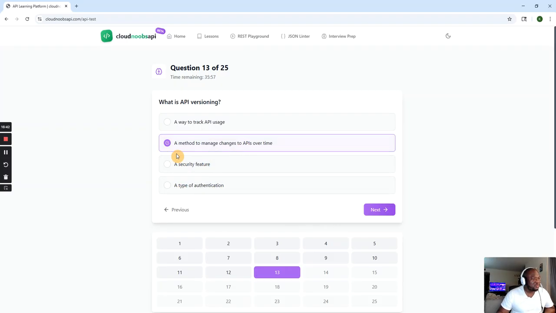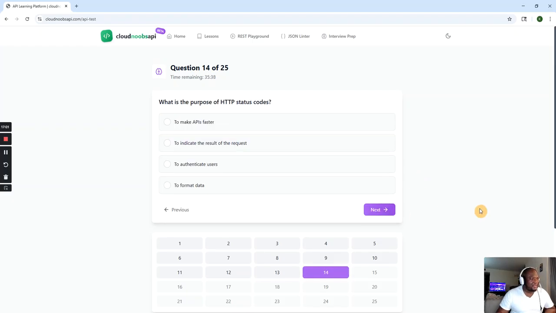I would choose this one because versioning is just tracking the updates and improvements made over a time period to a certain software. And yeah, the answer is in the name.